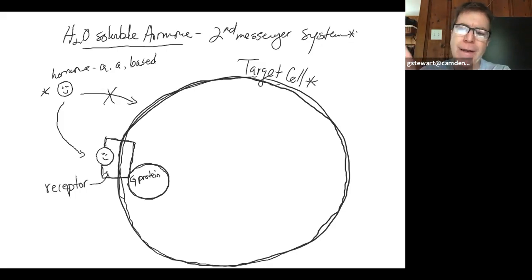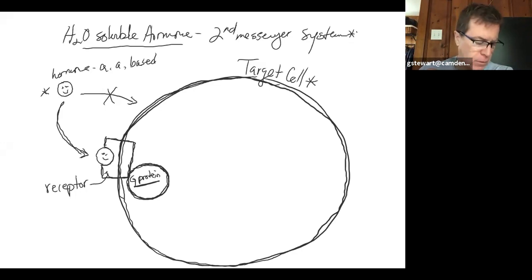It's guanine diphosphate. But when the hormone binds to the receptor that's physically coupled with this protein, it attaches a GTP to this G protein, and then that activates it. So just think of this. Hormone binds to receptor. Because this receptor is physically coupled with the G protein, it activates this G protein inside. And then that